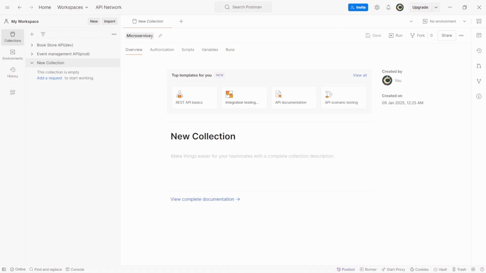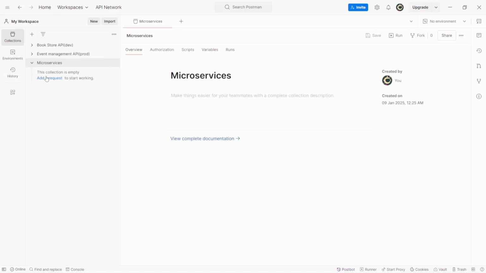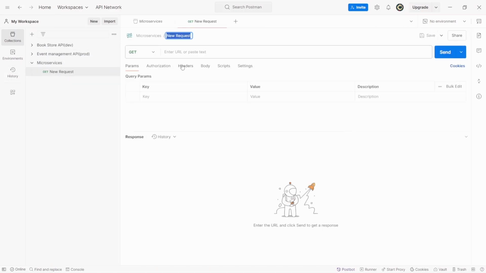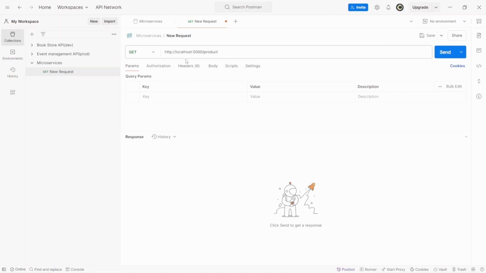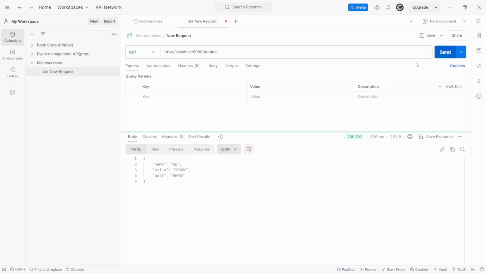microservices, add a request, HTTP 8000 and slash product. Okay, click on send. Here we get the result: name HP, price 50,000, and the port our application is currently running on is port